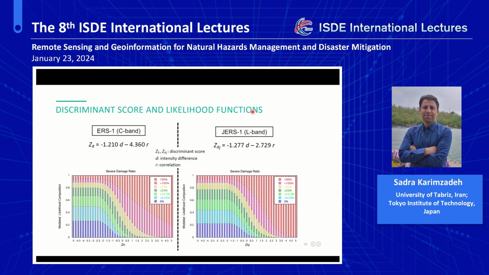Well, here are the developed functions using ERS1. Of course, we didn't develop these equations. This happened before in the Matsuoka and Nojima paper, where ERS1 and JERS1 datasets were used for these equations. You see here the coefficients. D is intensity difference and R is correlation. And in the figures below, you see the fragility functions or likelihood functions of 7 damage states or 7 damage degrees, as you can see, for two